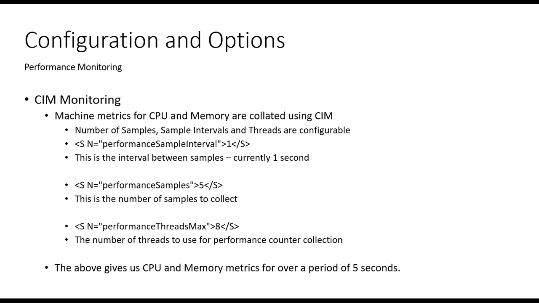The performance capture piece is also multi-threaded. So at the moment, you need to look at the amount of threads that you've got available on the machine and tweak that, otherwise you'll be running too many performance capture processes. The reason that was done really is because I had some people in large environments with thousands of machines, and it's doing a performance capture on thousands of these. So they needed to beef up the server and up the number of threads, and it hacks through them quite quickly without really upping the CPU usage too much. I was originally using PowerShell jobs, but to be quite honest, they're awful. So it's better to use runspaces if you can.